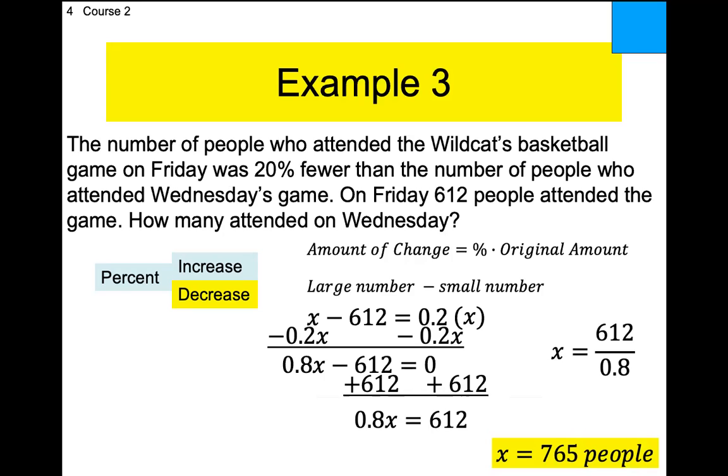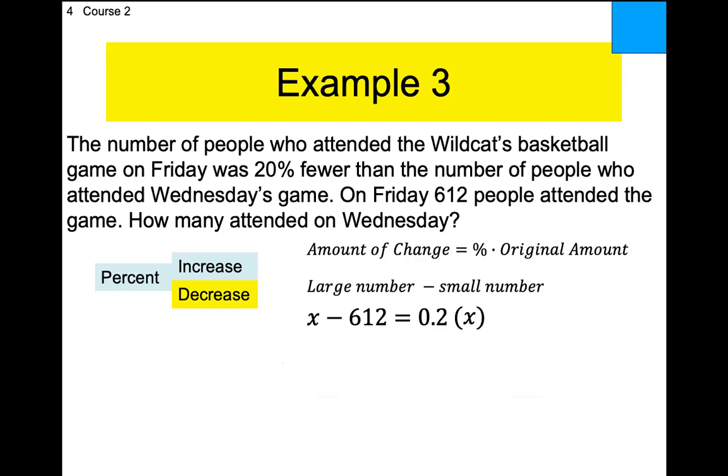Question. How do we get 0.8 from 0.2? Okay. Do you see I got x's on both sides of the equation? When you have x's on both sides, you move the smaller of the two. Which one is smaller, 1 or 0.2?